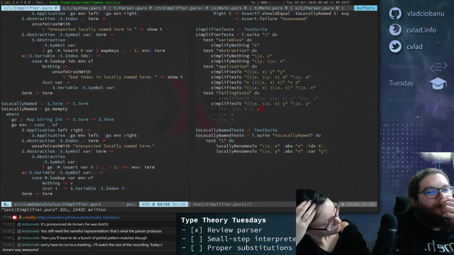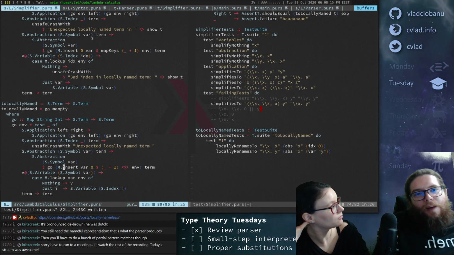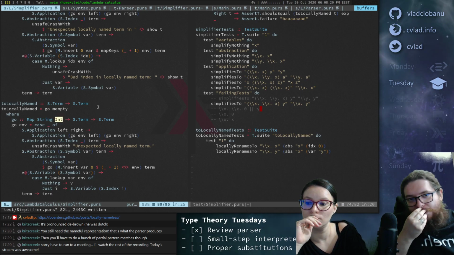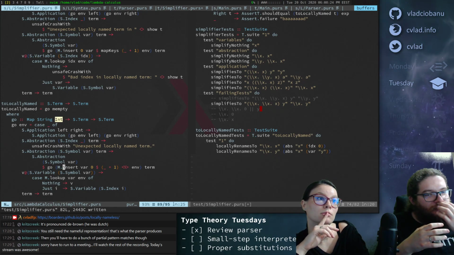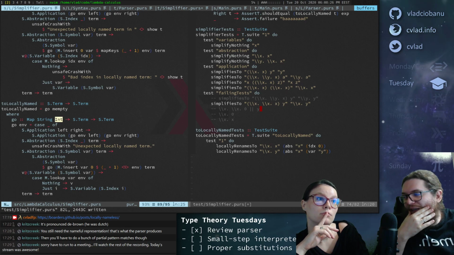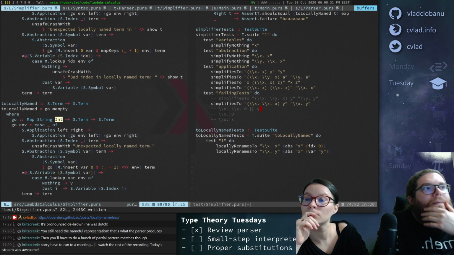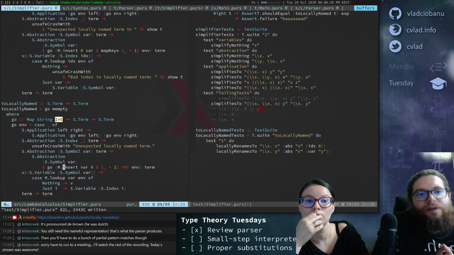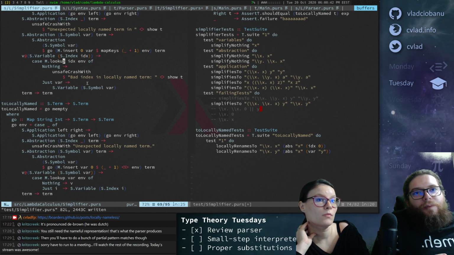Which is correct, right? We override it, because that's the idea. We have a map from string to ints, so the inner x will override the outer x, because we start from the outside and go inside. The old x gets incremented for every step, but then it gets overridden because it's the same name. Okay. So at the end, the environment is correct, and we have 0 there. So this is correct, but this is not correct, right?